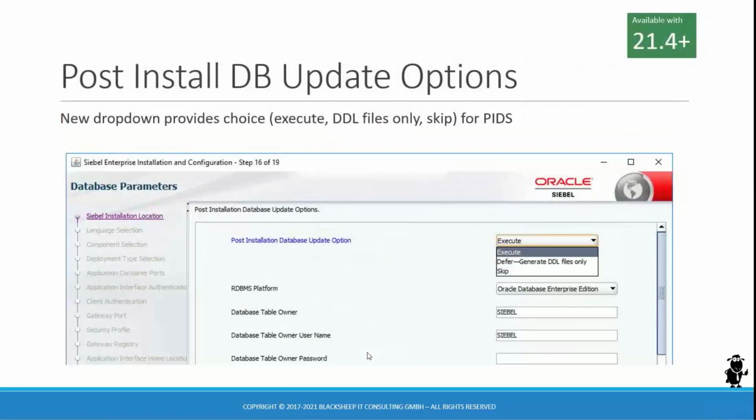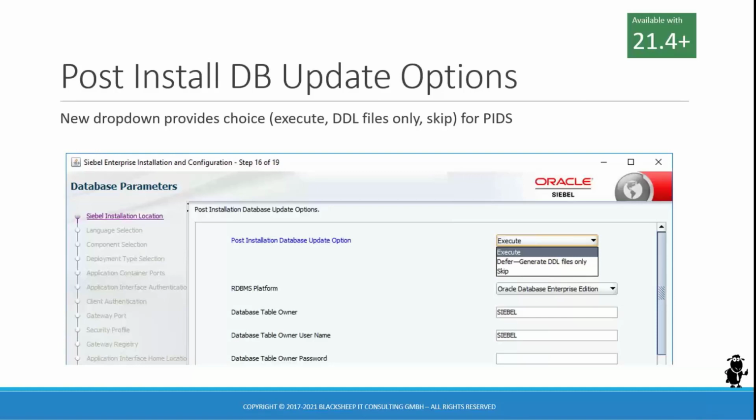so the other features that come with 21.4, one that catches the eye is a new drop-down when you run the post-install database option. So literally when you do the SES update, you can either skip post-install database or run it. And now there's a third option. The checkbox for skipping it has become a drop-down with 3 options. I tried the new option, which is defer generate DDL files. And that literally runs in a special mode, so it doesn't do anything against the database. It generates DDL files, which seem to be the schema part of things,